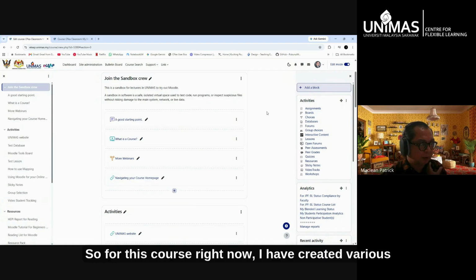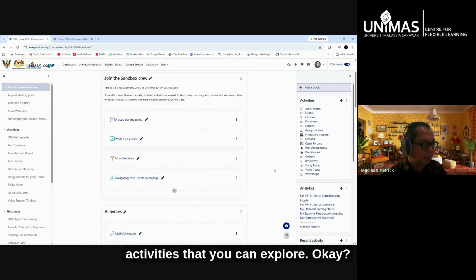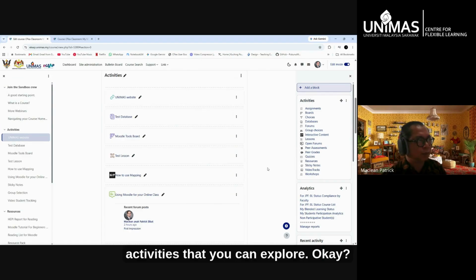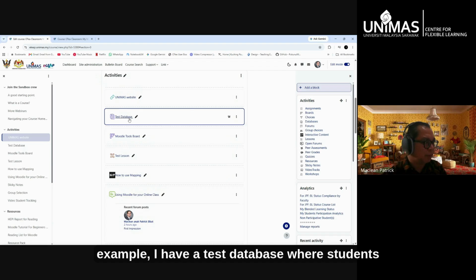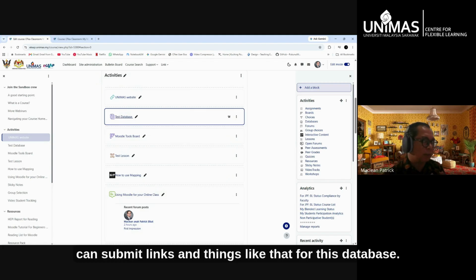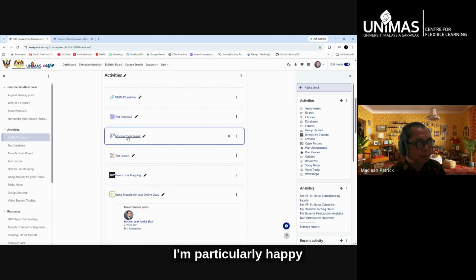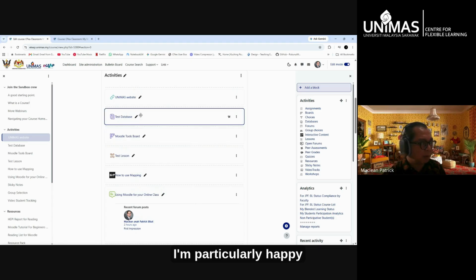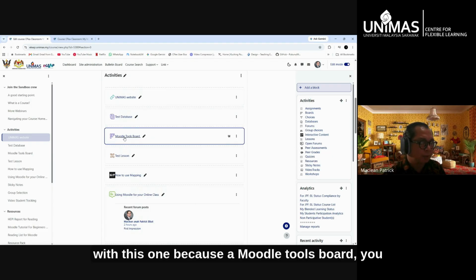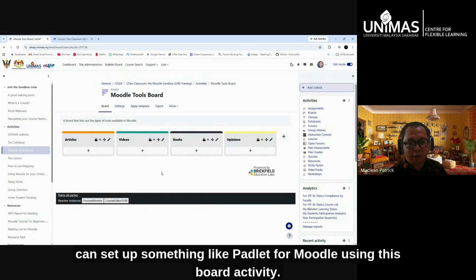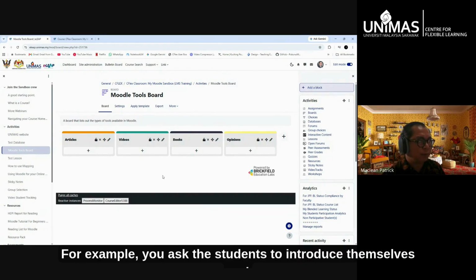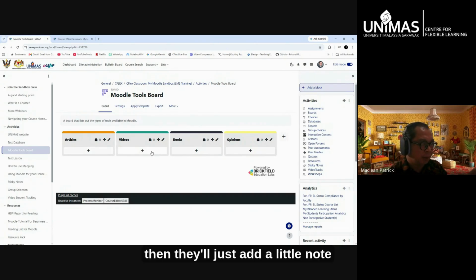So for this course right now, I have created various activities that you can explore. For example, I have a test database where students can submit links and things like that. I'm particularly happy with this one because, with the Moodle tools board, you can set up something like Padlet for Moodle using this board activity. This is something you can run. For example, you ask the students to introduce themselves, and then they'll just add a little note to this board to introduce themselves. So these are activities you can run